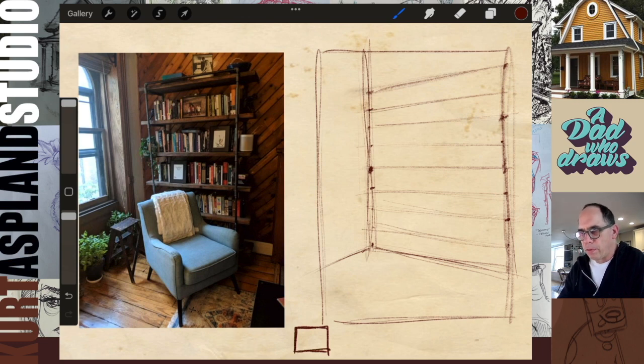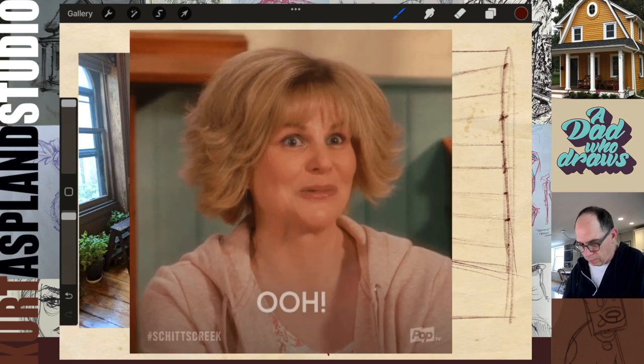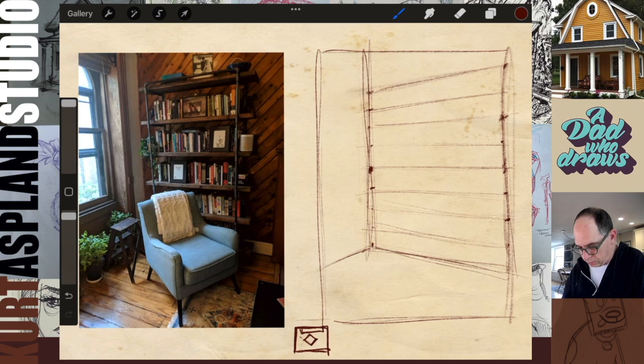On this wall here, I have the bookcase, and see, the bookcase is parallel with the wall, but the chair is at a different angle. We have this stepping ladder that's behind there, and then you have your windows over here. You see that? So this chair is going to have two different vanishing points and everything else,